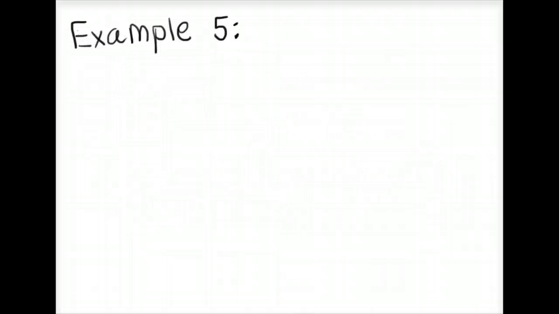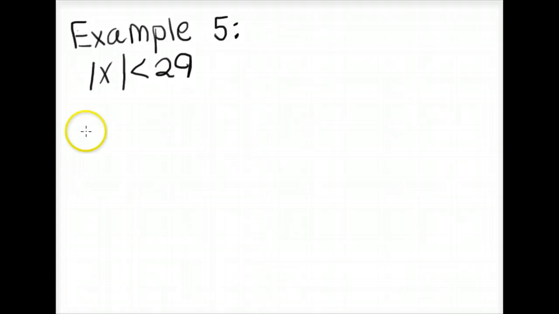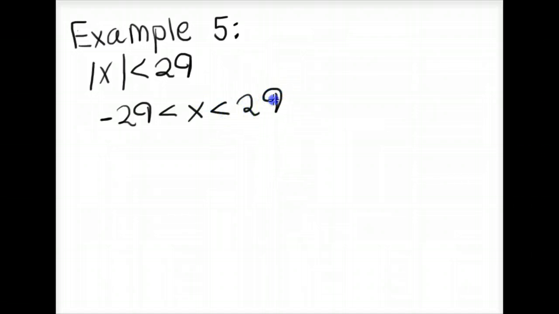Now we're going to look at just the opposite, in that the absolute value of x is less than 29. Remember that absolute value is the distance away from the origin, so this is saying that x is a number whose distance away from the origin is less than 29 units. So we could express this as negative 29 is less than x, which is less than positive 29, because x could be a number anywhere in between these two extremes and be less than 29 units away from the